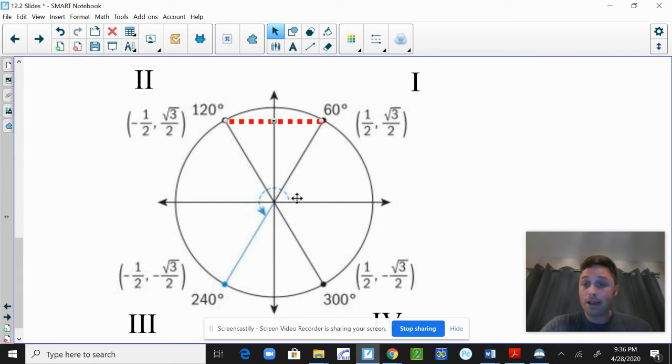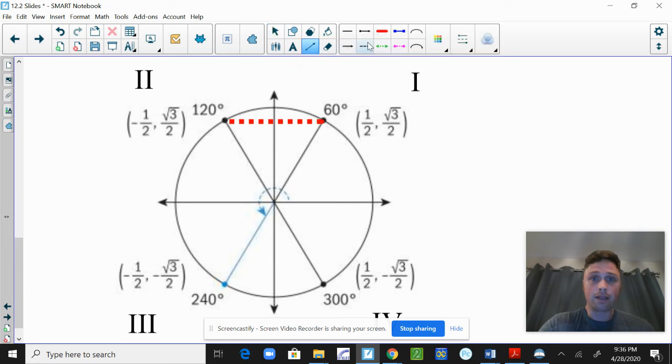And we could even extend that idea, right? If we went 360 degrees around and then another 60 degrees, so 420 degrees, that would also have the same sine, right? Because it's going to be landing on the same point on the circle as the 60 degrees here. So there's going to be lots of values. You can keep going around that circle as many times as you want. If you land on either one of these two points, the sine of those angles will all give you the same thing. For the cosine, we can do the same idea here